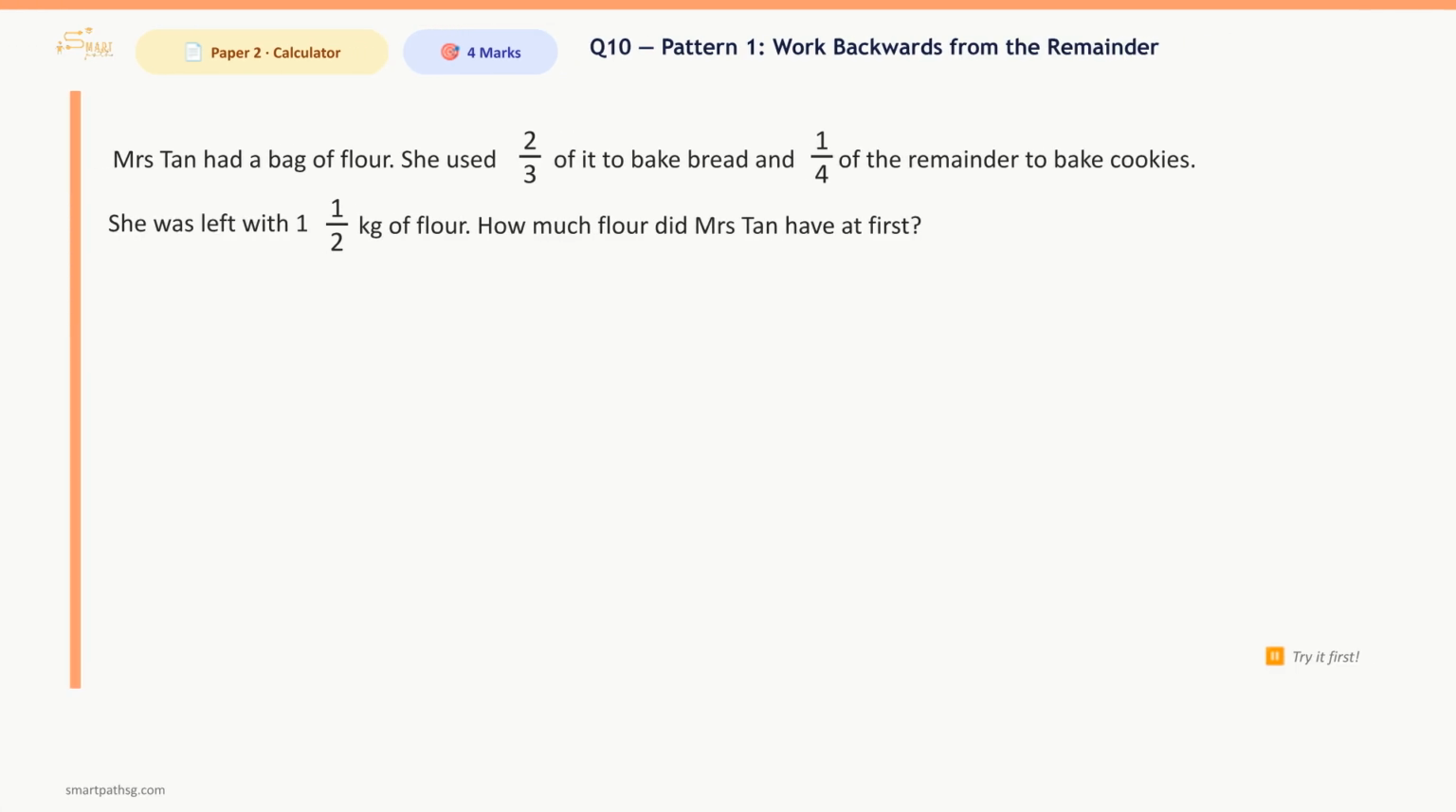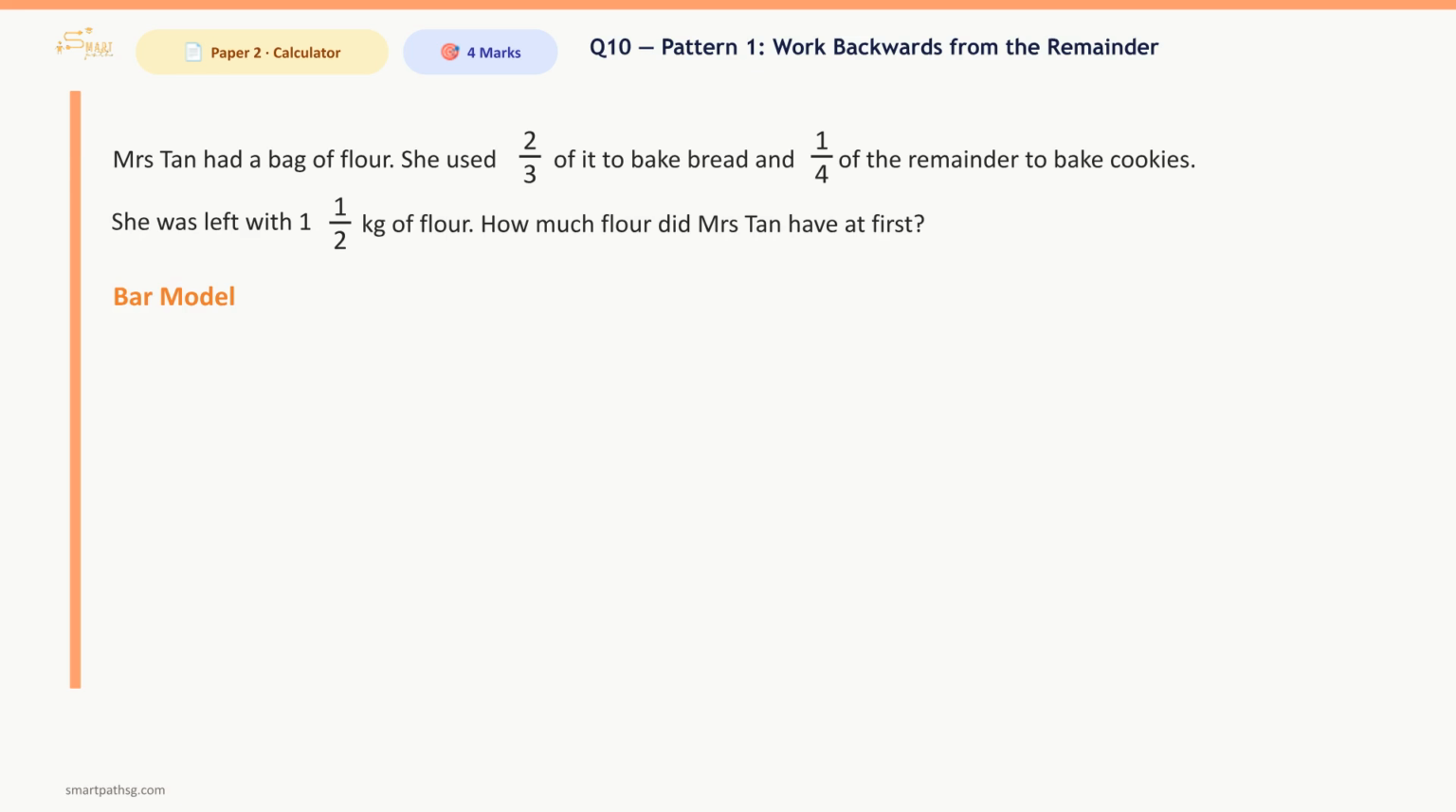Pattern 1. Mrs. Tan had a bag of flour. She used 2/3 of it to bake bread and 1/4 of the remainder to bake cookies. She was left with 1.5 kilograms of flour. How much flour did Mrs. Tan have at first? We learned from last lesson that it is helpful to visualize the question with a bar